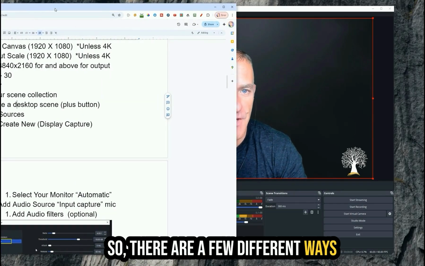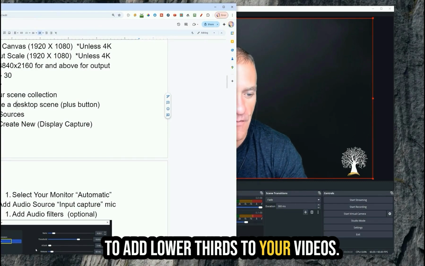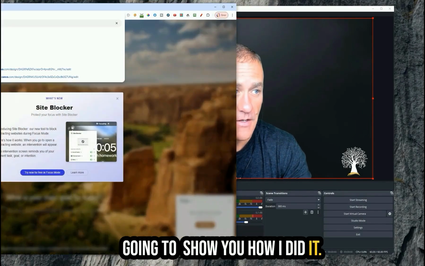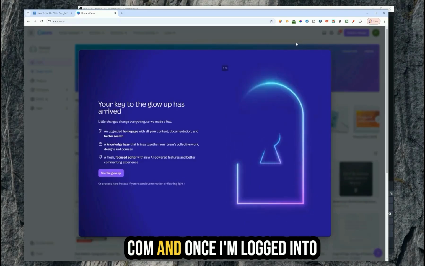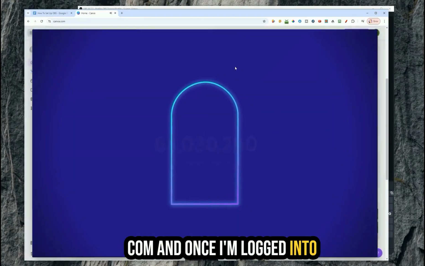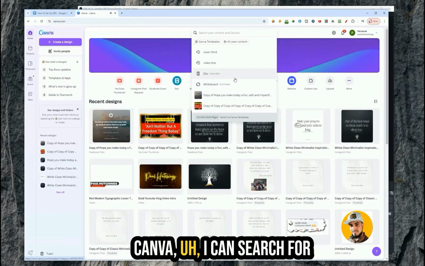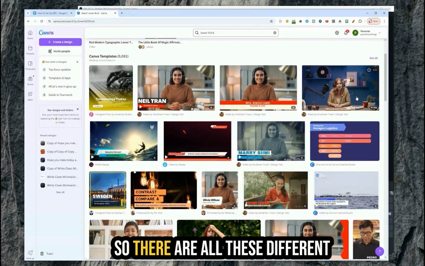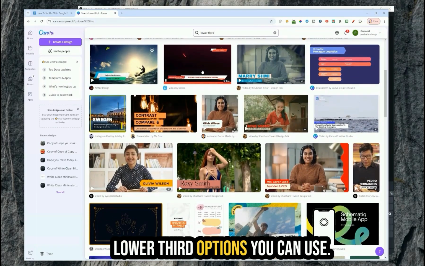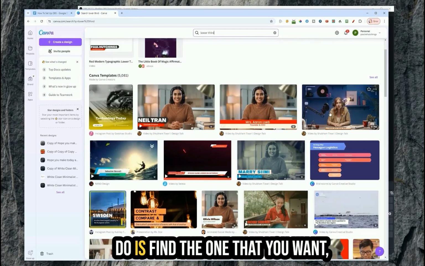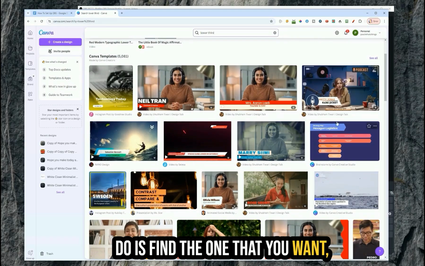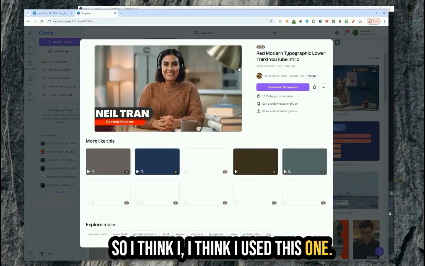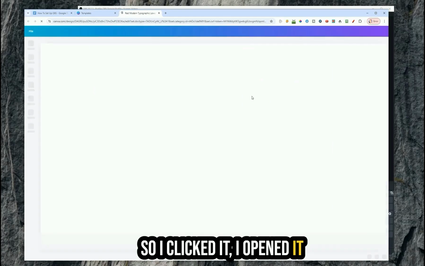So there are a few different ways to add lower thirds to your videos. What I'm going to do is I'm going to show you how I did it. So I just went to canva.com, and once I'm logged into Canva, I can search for lower third options in Canva. Okay, so there are all these different lower third options you can use. What you'll probably want to do is find the one that you want, delete the background behind it. So I think I used this one. So I clicked it, I opened it,